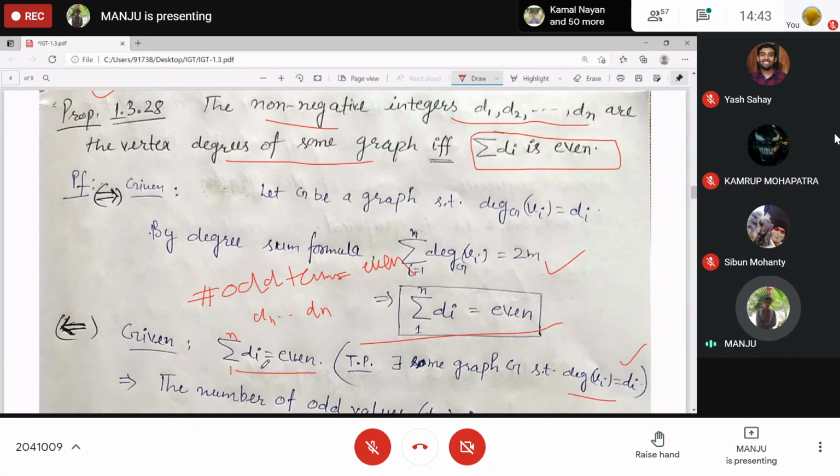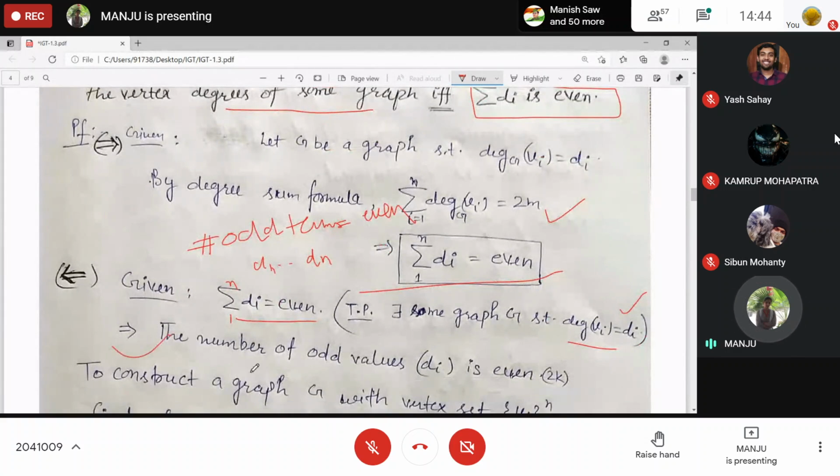Because the sum of evens is even, and the sum of odd terms also has to come out even. Same thing we did in that theorem. So there have to be an even number of odd terms.